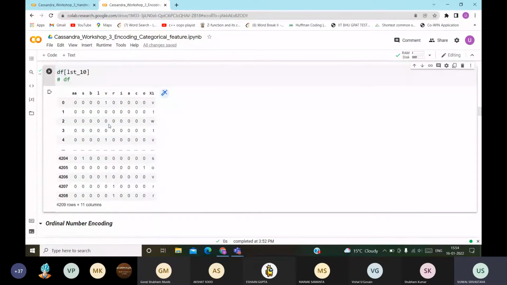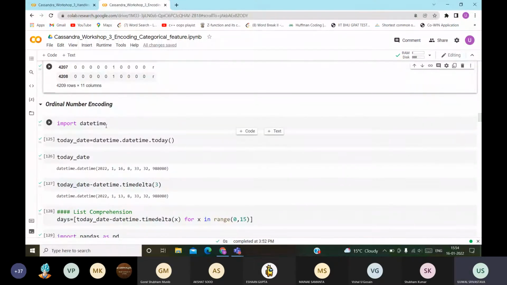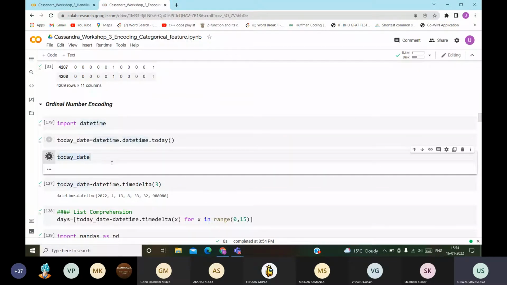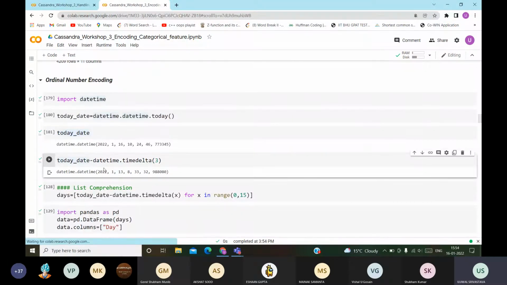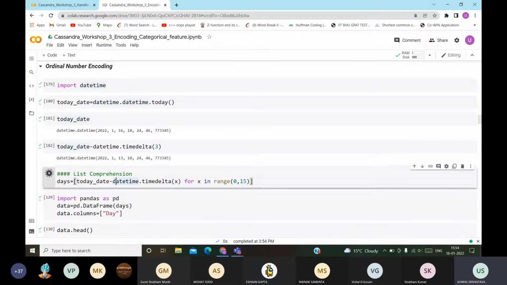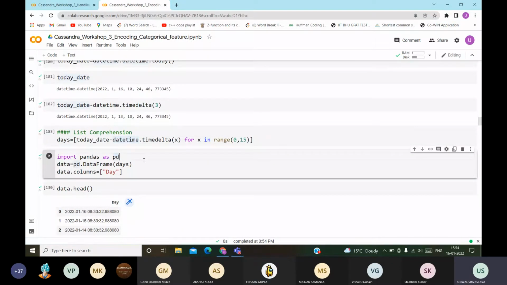Now let us look at ordinal number encoding, where we assign ranks. This is basically code for data, and you do not need to learn it. You can just copy paste from the internet itself. It basically gives you the days and dates.